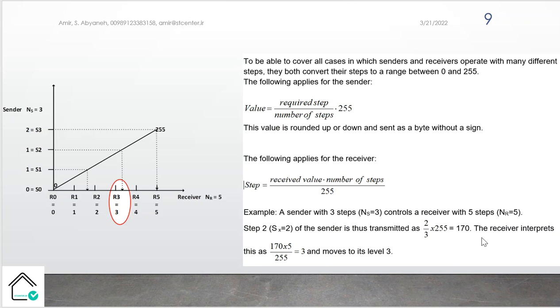The receiver interprets this received value 170, multiplied by number of steps, maximum 5, divided by 255, which is equal to 3, and moves to its level 3. So if we press the second step on the sender, the receiver goes to the third step. Great.